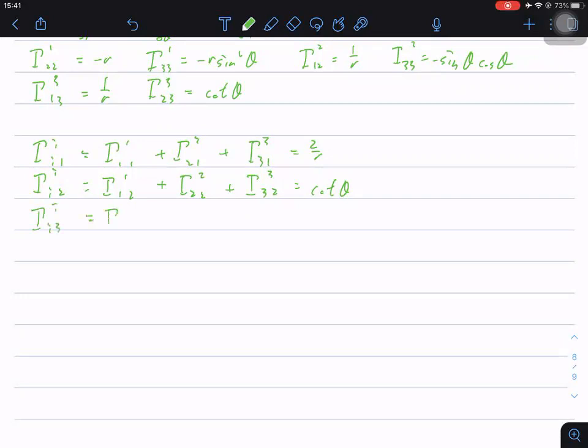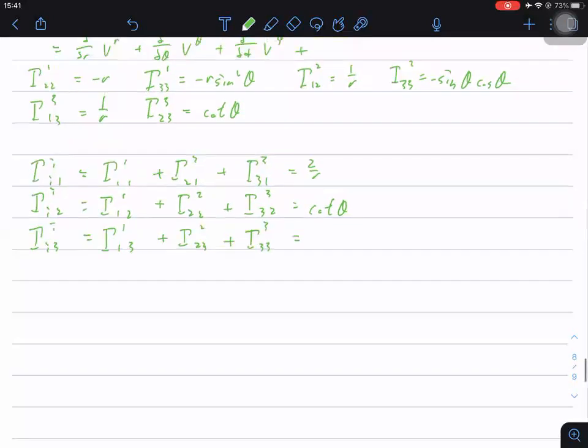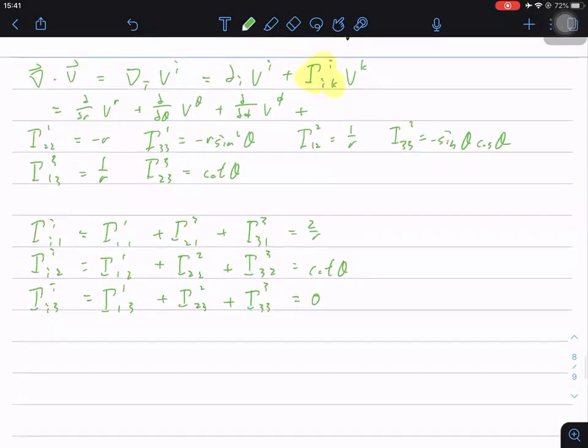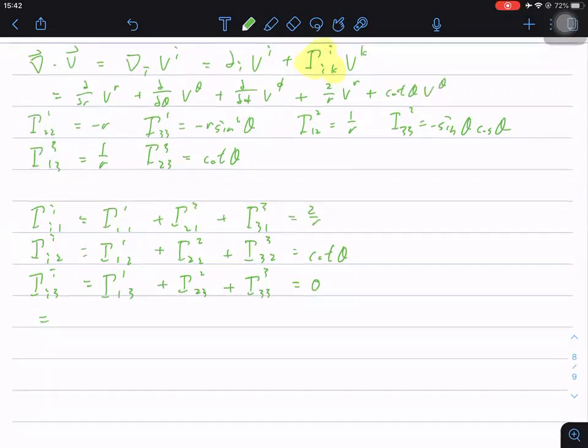Okay, finally for II3, we have 1, 1, 3 plus 2, 2, 3 plus 3, 3, 3. And I believe it should be 0. Okay, so eventually what we have here is 2 over r VR plus cotangent theta v theta. So to simplify it,